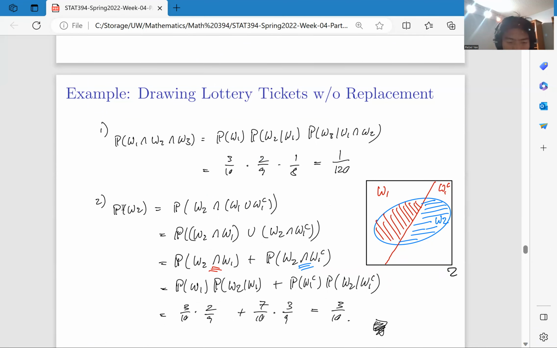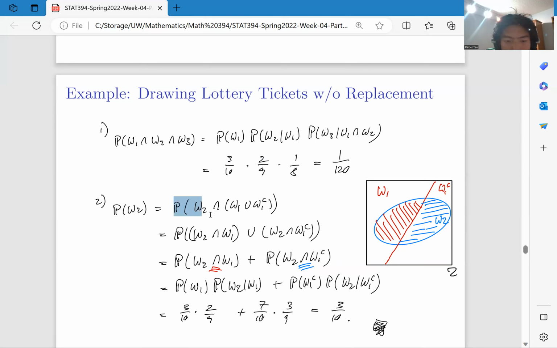P(W2) is equal to P(W2 intersection with